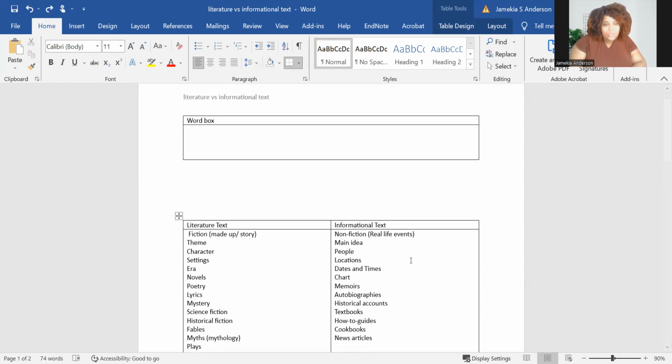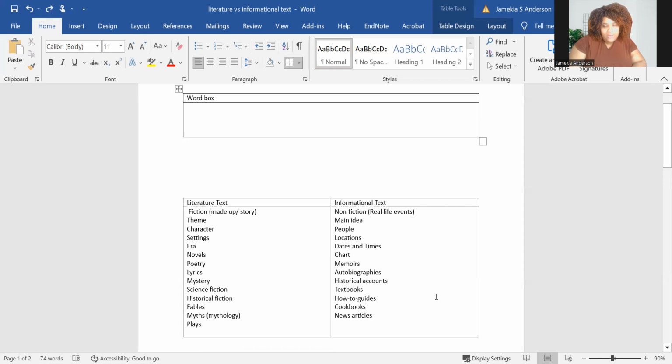But I would have all these words at the very top in this word box, and allow the students to figure out which area the words go in, how they correlate. And then this would be within the first couple of weeks of school. I know school has already started, they've had a couple of breaks or whatever else. This is something that you could do at any point in time, honestly. But do it, get them exposed to it, and reiterate this and have them use it as a resource